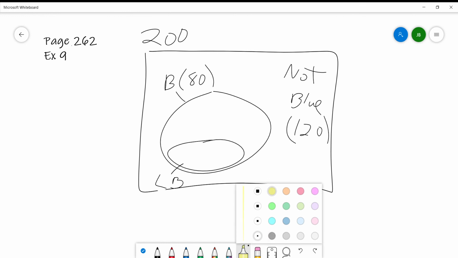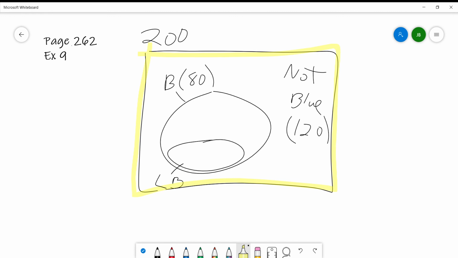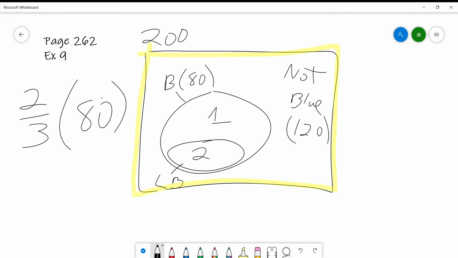So yeah, it says what fraction of all of the jelly beans, what fraction of the total square is light blue? So we know that 2/3. Here we go. So 2/3. If the ratio is 2 to 1, that means there are 2 light blue jelly beans for every 1 dark blue jelly bean. So that's 2/3 are light blue. 2/3 of 80 blue jelly beans. So 2/3 of the 80 blue jelly beans. So using the calculator,